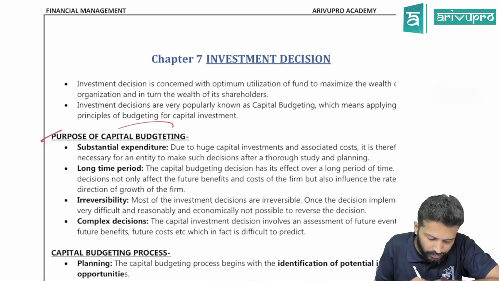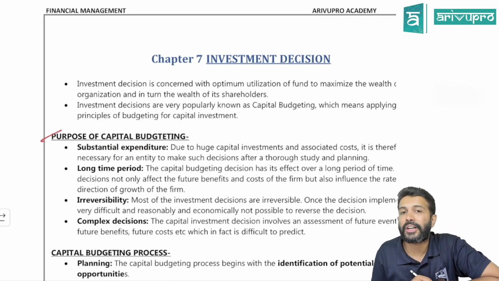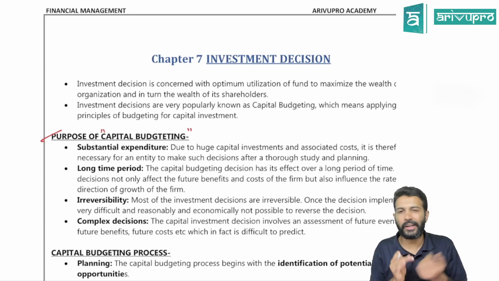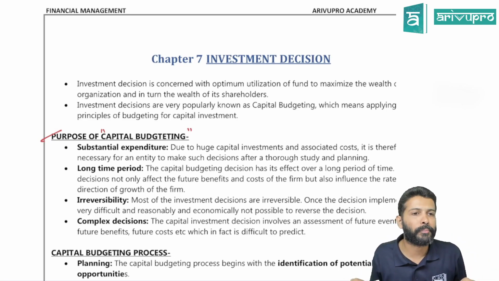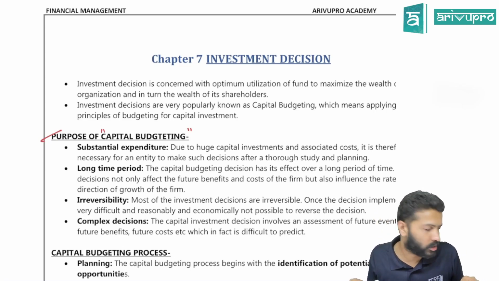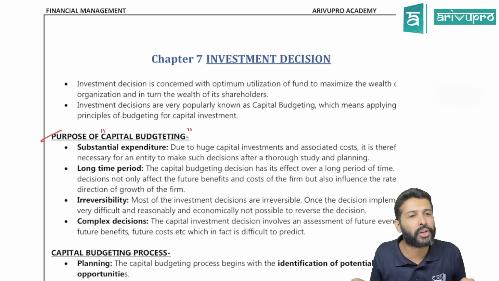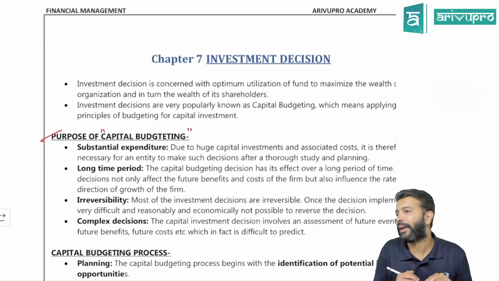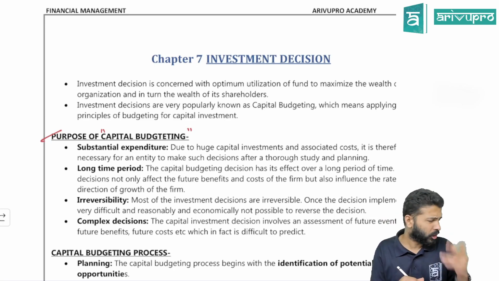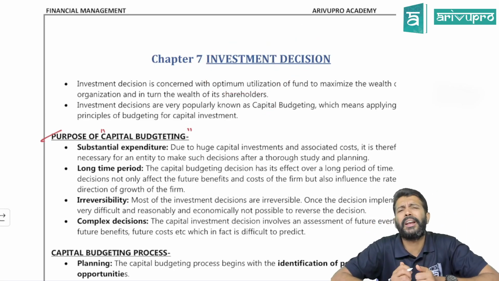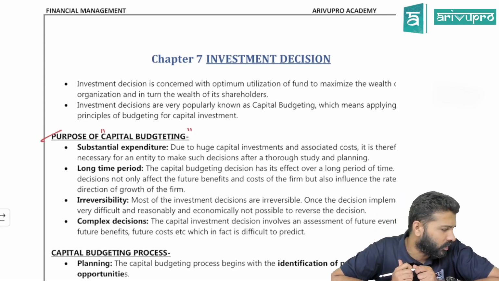One, we know that the analysis is done through a technique known as, what I told, capital budgeting. Capital budgeting is basically a technique which tells you whether to do the project or not. Or if you have already started the project, it tells whether it is giving you the desired rate of return. One, what is the purpose of capital budgeting? Why should we worry about these investment decisions? What is the big deal about, or why should we give emphasis on this investment decision?